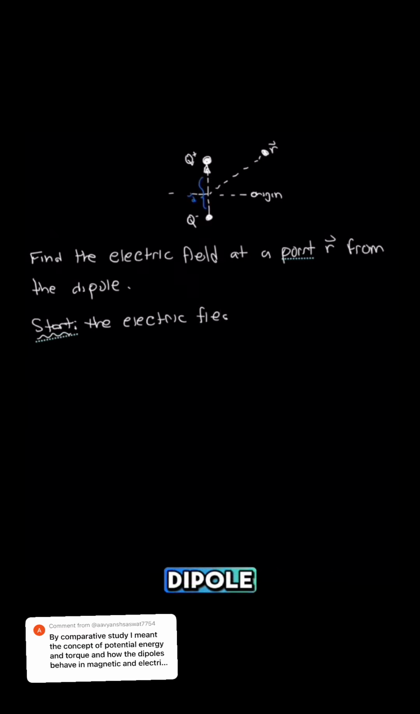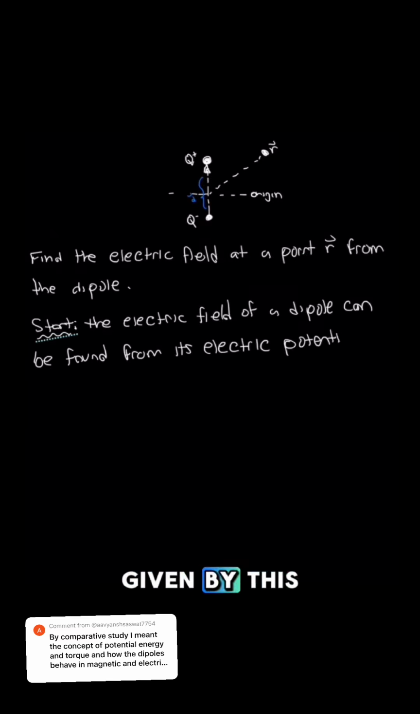Alright, so let's say you're given this ideal dipole here. The question asks you to find the electric field at point R from the dipole. To start, the electric field of a dipole can be found from its electric potential, given by this equation here,